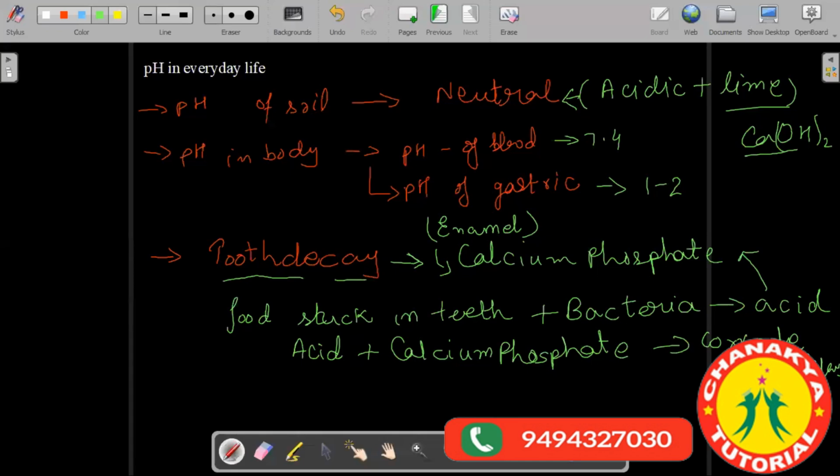Yes or no? Yes, sir. So acid will react with calcium phosphate, just like we had seen that acids react with carbonates